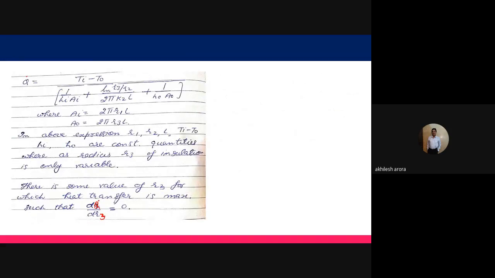So let us see how we can calculate this critical value. Right now we have attempted to see this result by varying the thickness of insulation and then finding out, but we can also take the help of differential calculus to find out at which value of the thickness of insulation, or at which radius of the insulation, the heat loss is maximum. If you see this particular expression given here, this is the value of q dot and it is equal to the overall temperature difference,